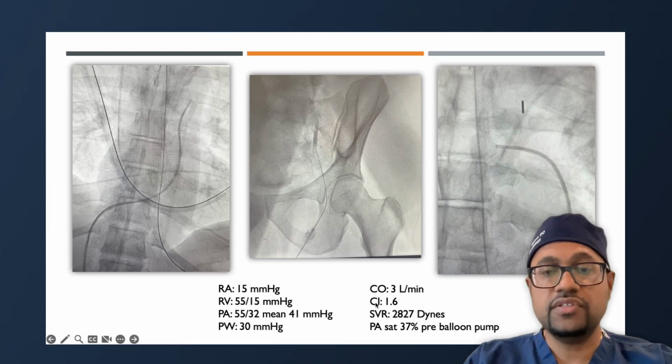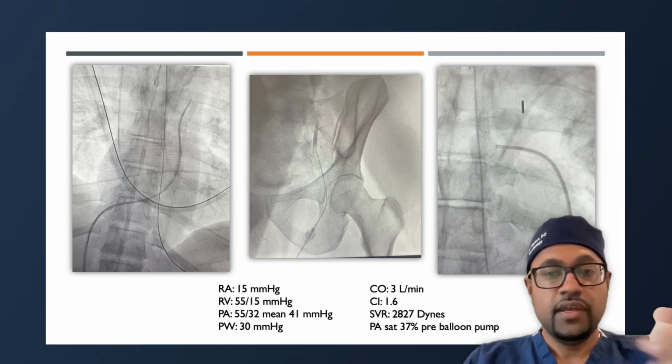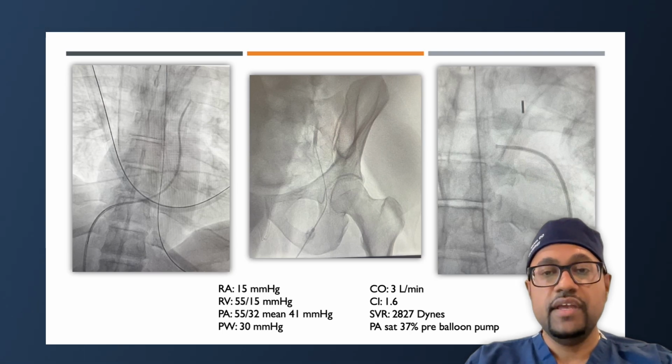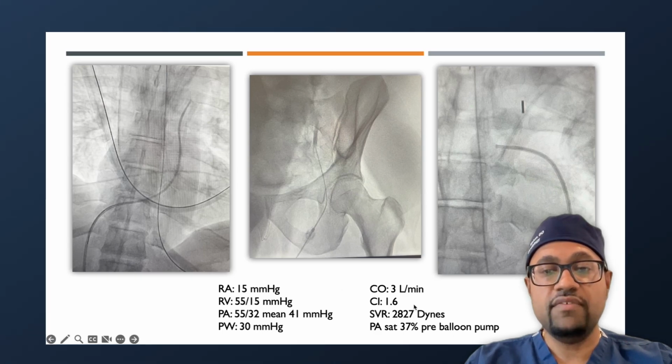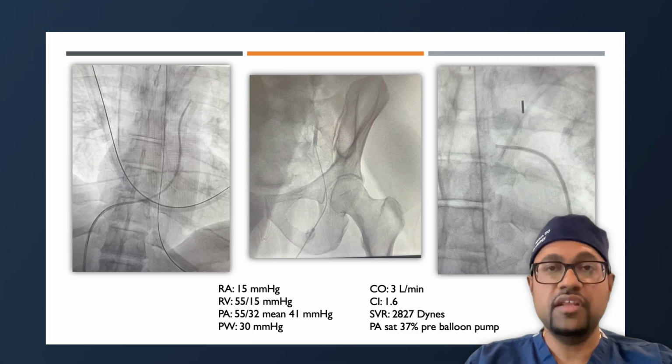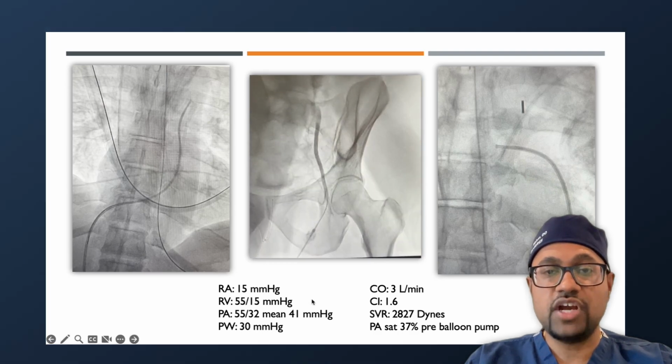The other thing I noticed is the cardiac index, which is a marker of how well the heart's pumping. Stroke volume times heart rate is the cardiac output. And we divide that by the body surface area, we get cardiac index. When it's this low or below 2, we get really worried that the patient's having cardiogenic shock. We also calculate things like cardiac power output, PAPI, other numbers that are a little bit more complicated. But overall, this patient had episodes of cardiogenic shock.